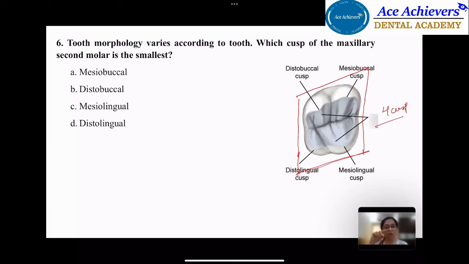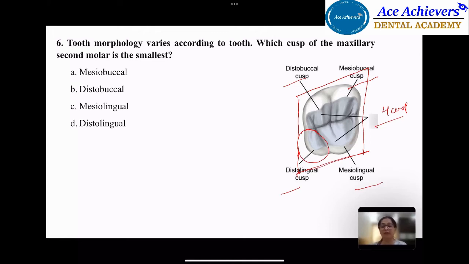Now 2 questions keep on coming. The first question, which has already been asked, is which is the smallest cusp of the maxillary second molar. Remember, out of the mesiobuccal, mesiolingual, distobuccal, and distolingual cusps, the distolingual cusp is the smallest cusp. The second question which keeps on coming is which of these cusps does not form part of the